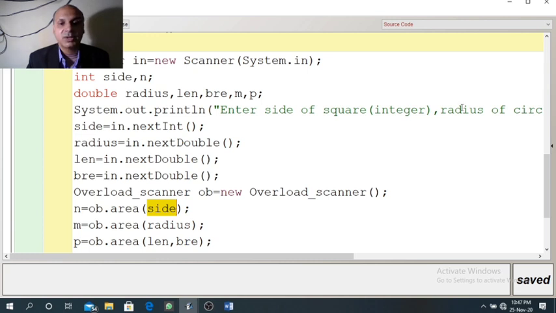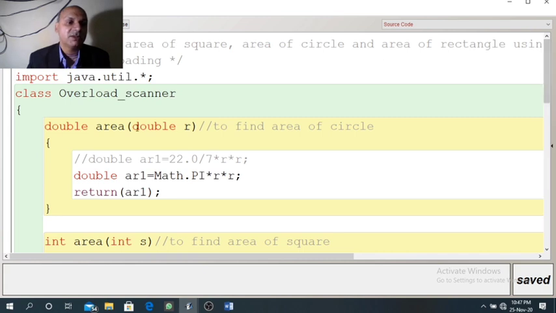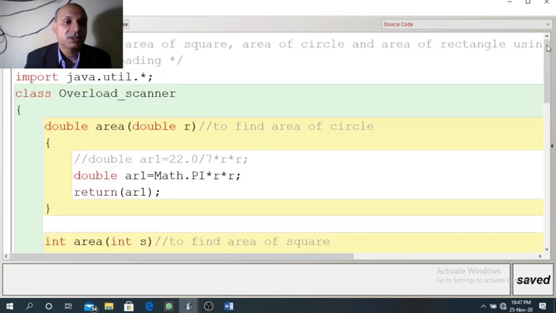We are sending one argument. Now compiler will check which function is receiving one argument. So it will find first function is receiving one argument, second one is also receiving one argument. Again a confusion to the compiler. So which one should be called? And in case of third function, it is receiving two arguments, so compiler will avoid this function. So compiler will have doubt whether to call first one or second one.